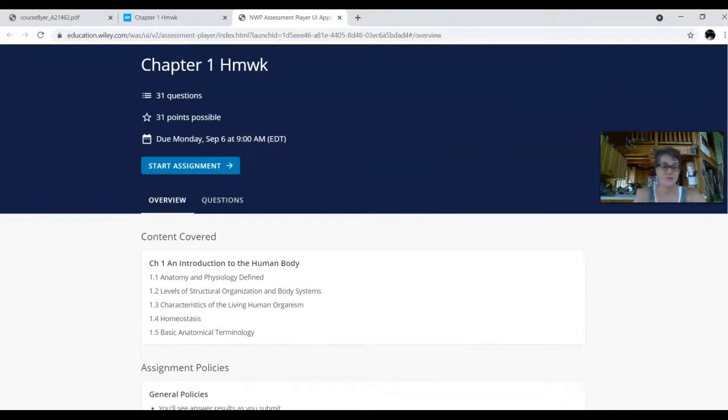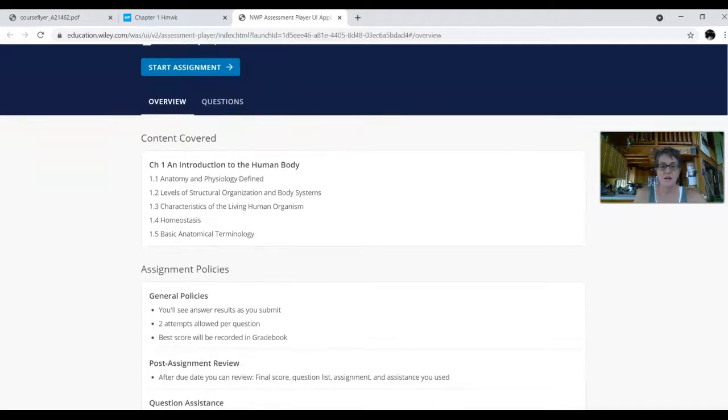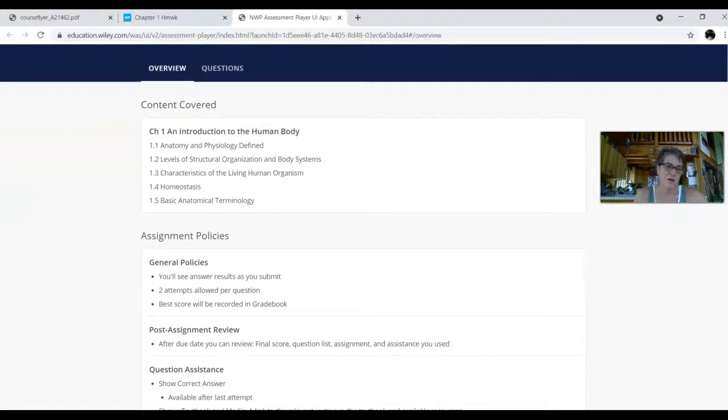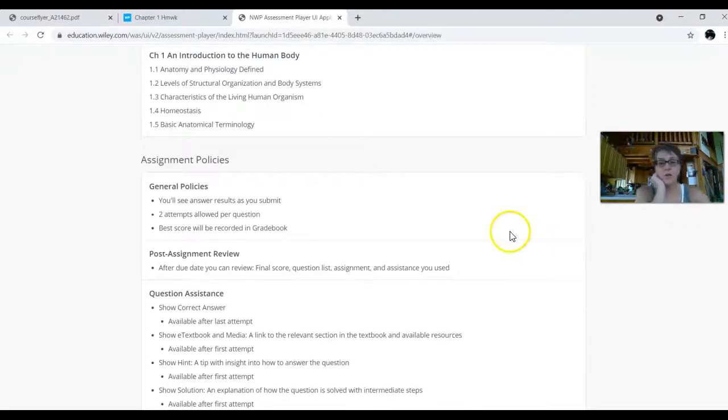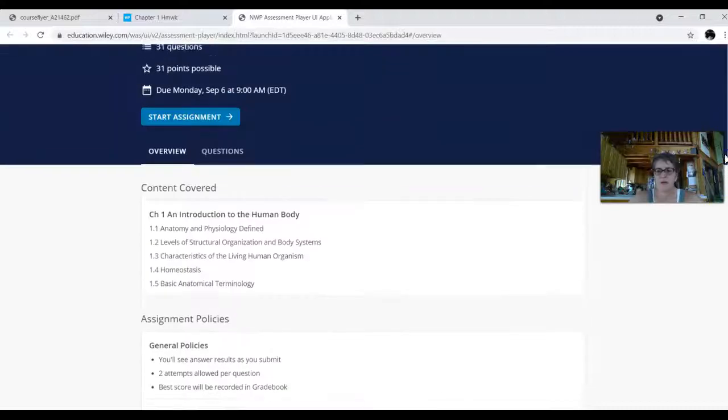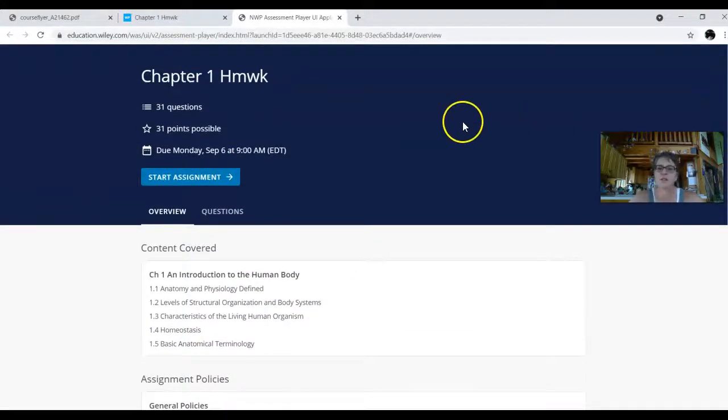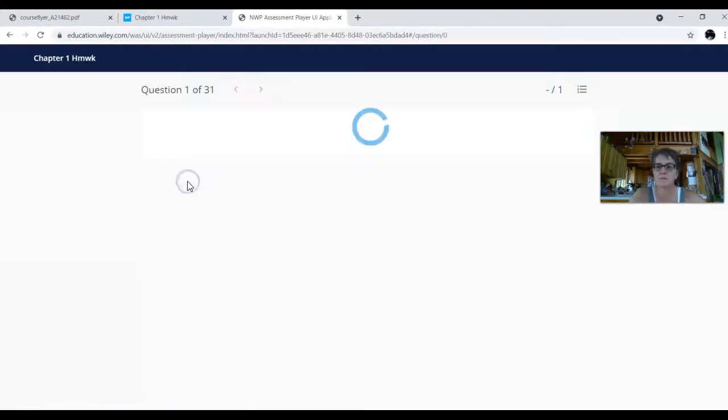And before we go to start assignment, content covered, the different parts of chapter 1, the assignment policy for homeworks, you will get 2 attempts per question. All right, it's not timed. On Wiley Plus, nothing's timed. Take your time and do well. This should be helping your grade, not hurting your grade. And all this other stuff. I just wanted to point out you get 2 attempts. So if you start assignment,